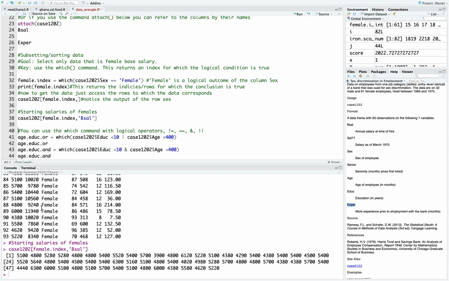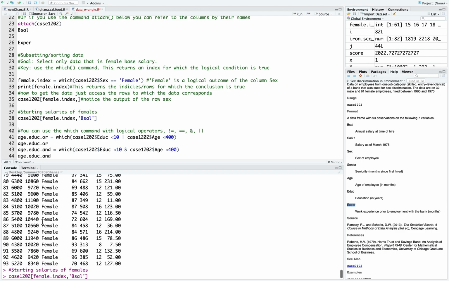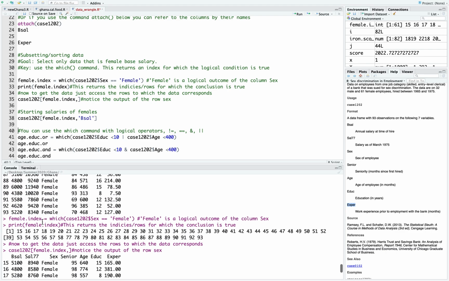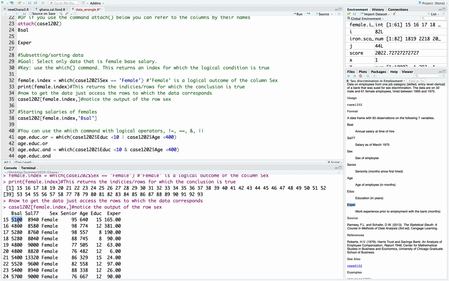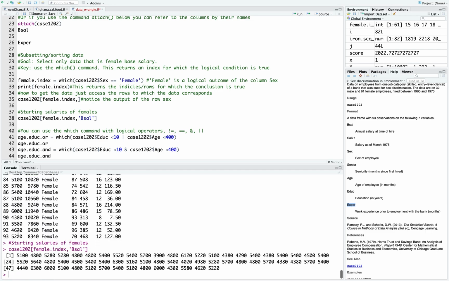And now I have that 5100, 4800, 5280. And if I go up to my data set, 5100, 4800, 5280, those are the exact same values. Okay, and I'm going to guess the last value is 5220, and that's right there. Okay, so I can access my data like that,